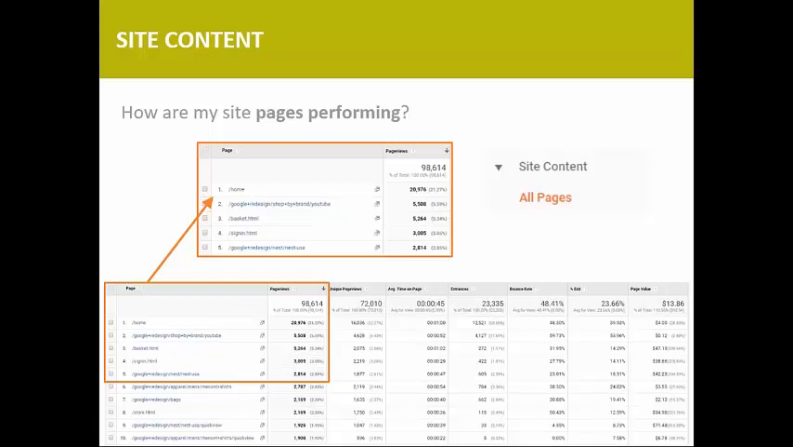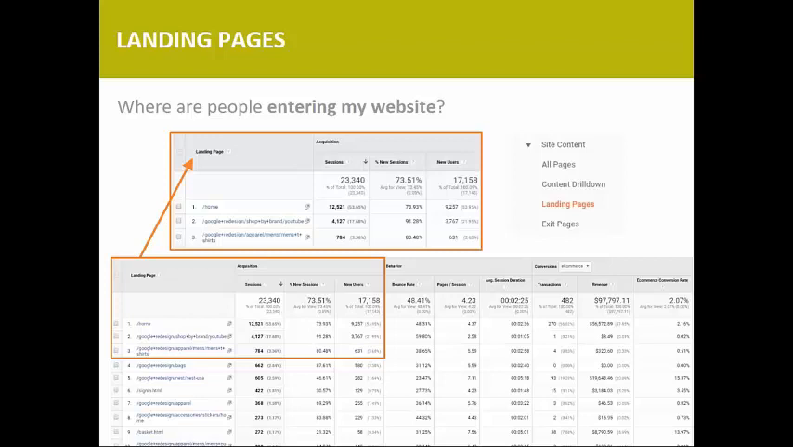And this section does include information on entrances and exits, but I also want to show you those specific reports because they are so important. So landing pages, this section in the behavior area shows you what, other than your home page, is attracting users